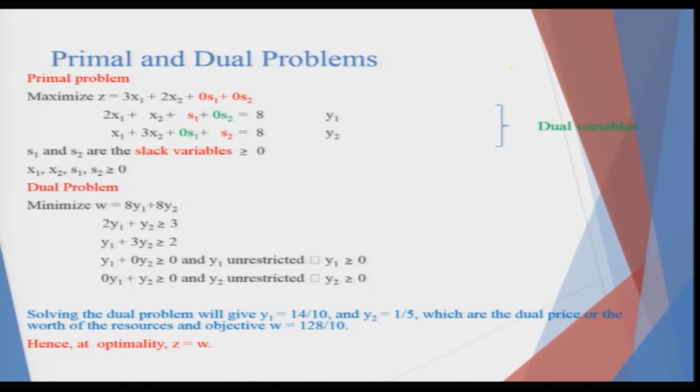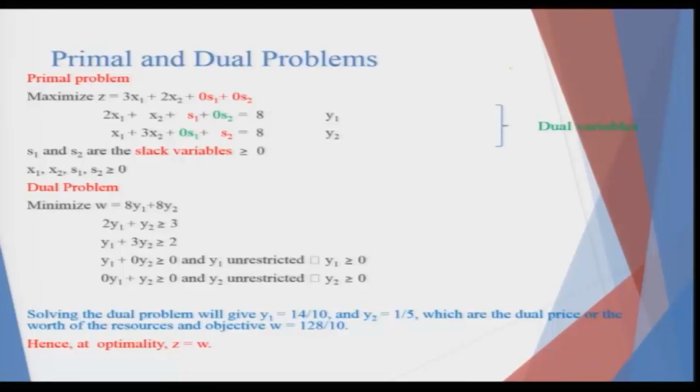As you add the slacks and the surpluses, the actual problem becomes: the objective function is 3 x 1 plus 2 x 2 plus 0 s 1 plus 0 s 2, because these are the surplus and the slacks. In the constraints you have 2 x 1 plus 1 x 2 plus 1 s 1, because that is the slack or surplus, depending on whether it is a greater than or less than sign, corresponding to the first constraint, and the second constraint has a slack or surplus of s 2. So, it will be 2 x 1 plus x 2 plus 1 s 1 plus 0 s 2 equal to 8, because you are trying to balance both sides of the equation.